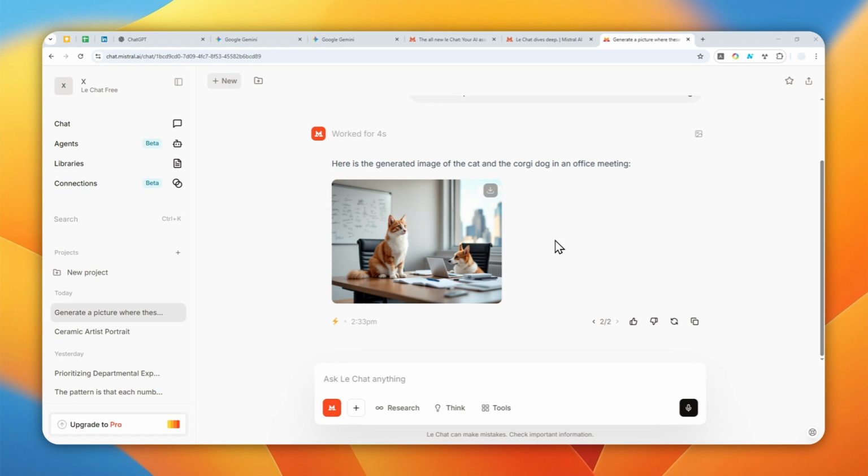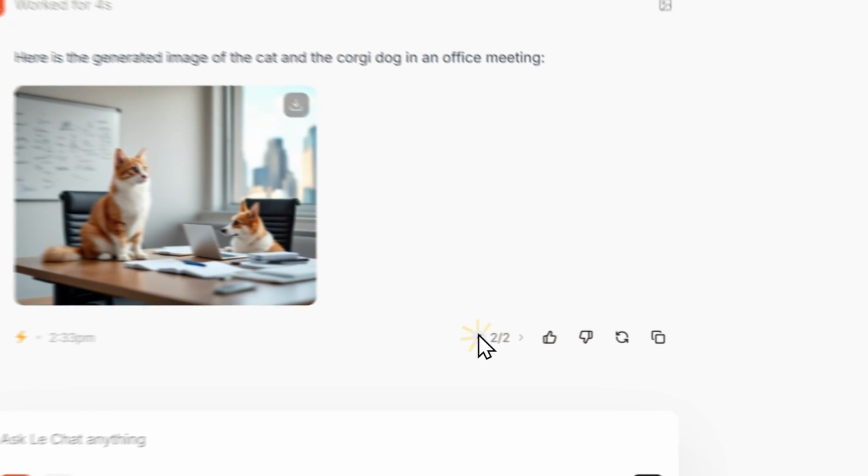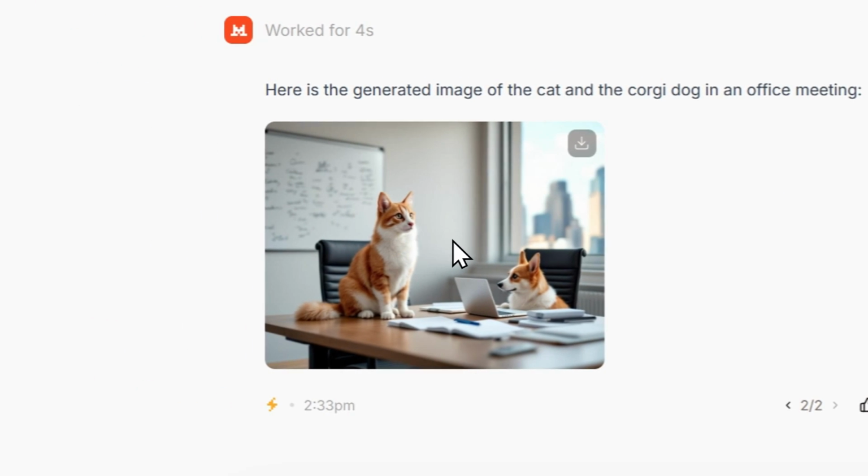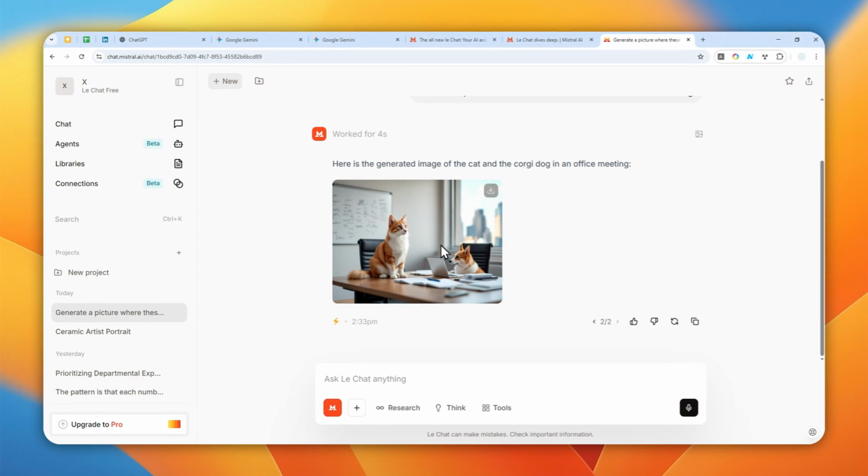Okay, so this is the result. It's actually the second generation, because for the previous one there was an error, but finally it was able to generate the picture. Now, I'm not so sure if these are exactly the same cat and the same dog, because as far as I know, the Flux Ultra model is not known to be very good at character consistency, but in some ways it's probably better than